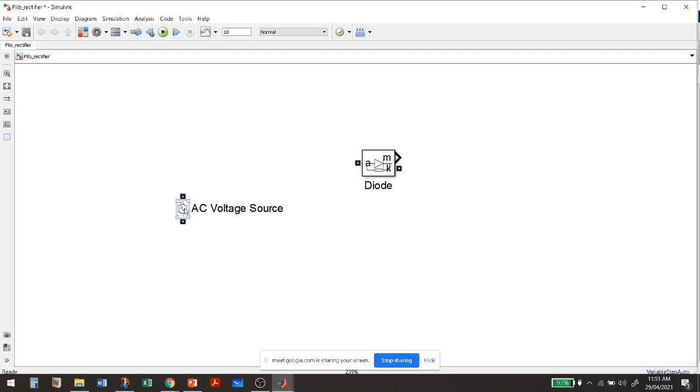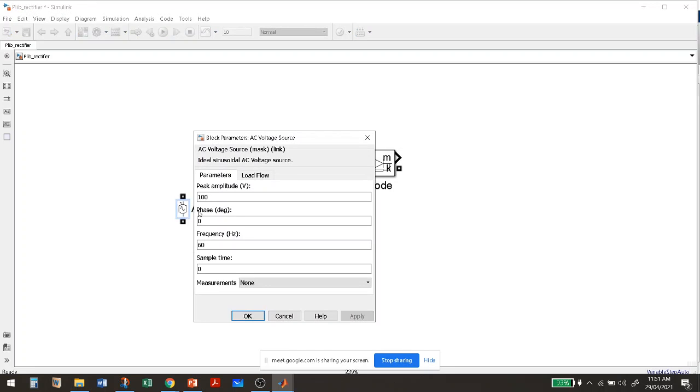For the AC voltage source, just double click on it. You can see that there is a peak amplitude. In the AC voltage source we have the peak amplitude, and we will get the output as an RMS value.